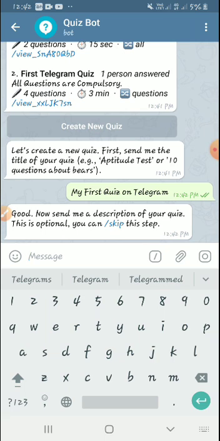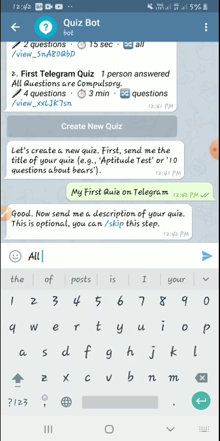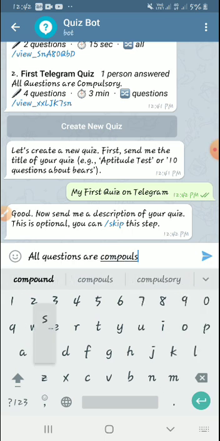Now it says good. Now send me a description of your quiz. This is optional, you can skip the step. So I just type all questions are compulsory. Click send.